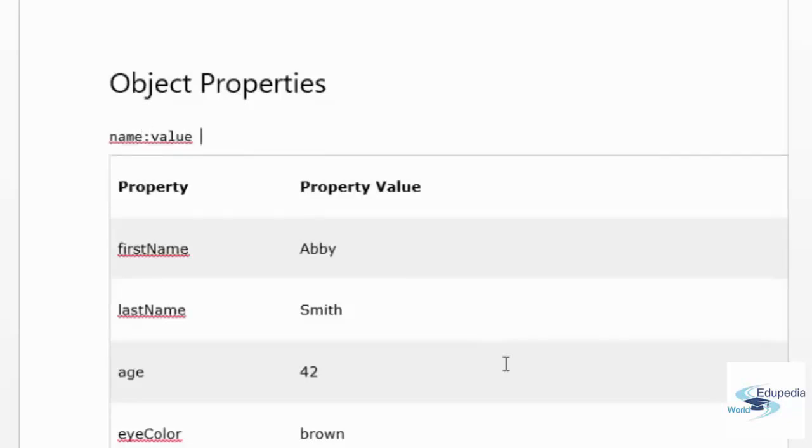and these are called properties. For example, you have age 42. This is how we write it, and the objects are written like this. For example, if you have a var person, you would write first name colon Abby,